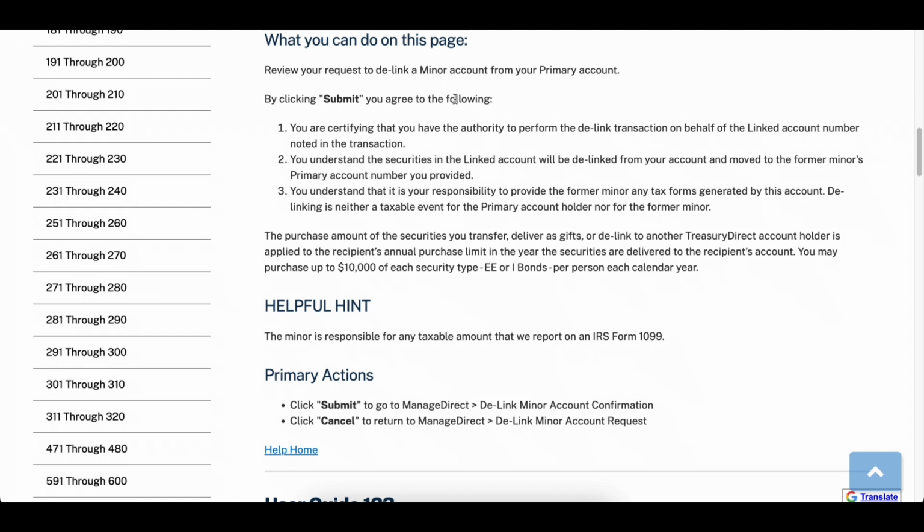Okay. Delinking is neither a taxable event for the primary account holder nor for the former minor.